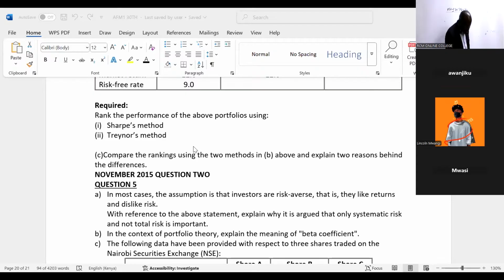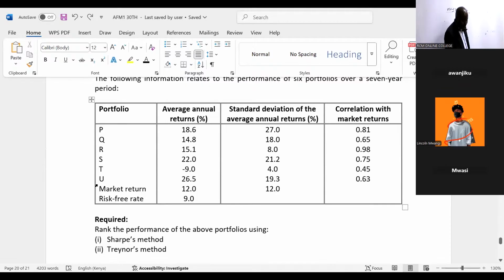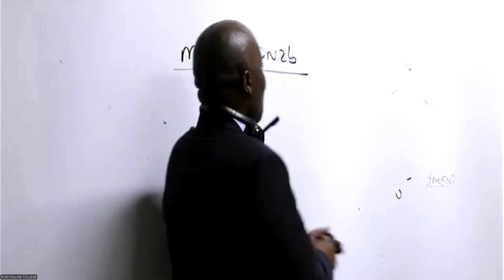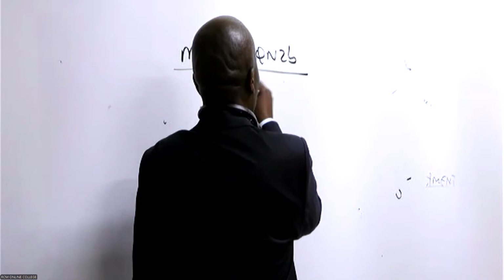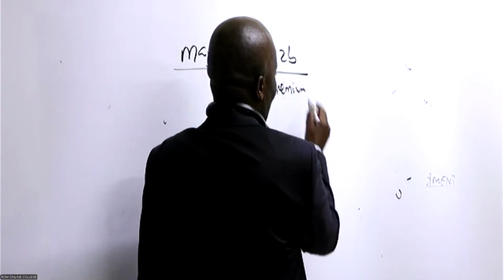Remember, this is the question that wants us to rank using Sharpe's method. Most important is for us to remember that under Sharpe's method, Sharpe's coefficient itself measures a premium of any security